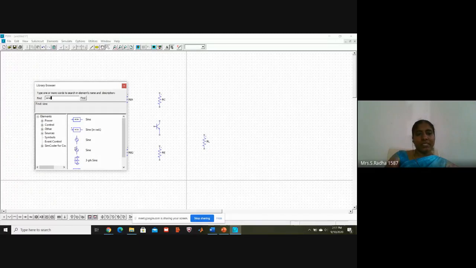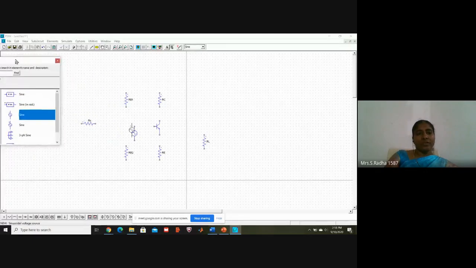Click on this and then drag and drop onto the workspace. And I am moving this to the left. Still the symbol is there in the cursor. Press escape, the symbol will go off. Now I am selecting this voltage source, dragging it to the input side.